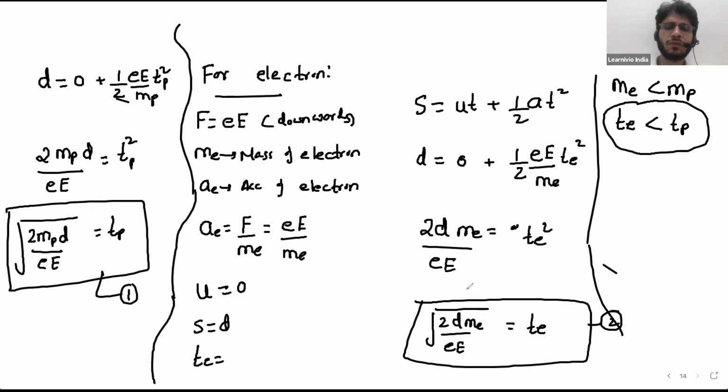You can decide this in one more logical way. Since electron is lighter than the proton, electron will move with a faster velocity and will cover the distance in less time than the proton. So electron will take less time than proton. Yes, Ahmed, Fatma, is it clear? Yes, sir. Okay, that was about the path of a charged particle in an electric field.